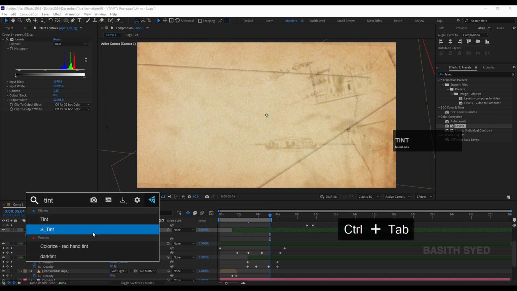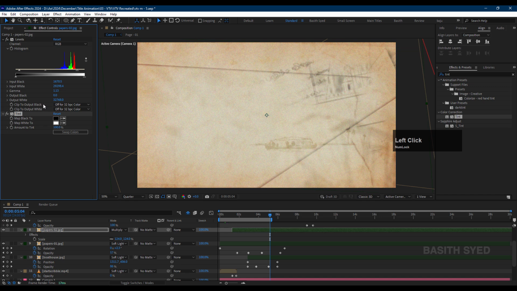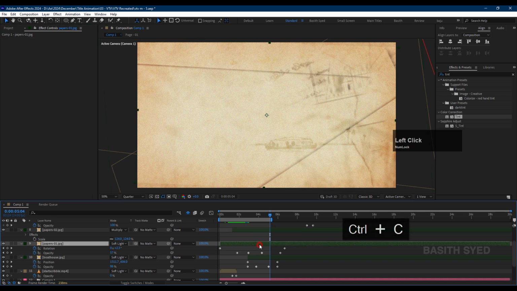Let's apply tint, search for tint here, and then apply it to this layer. And bring the tint to 50%, something like that. Maybe brighten this one. So now this is not as bad as it looked previously. Let's select both of these and copy to this layer,